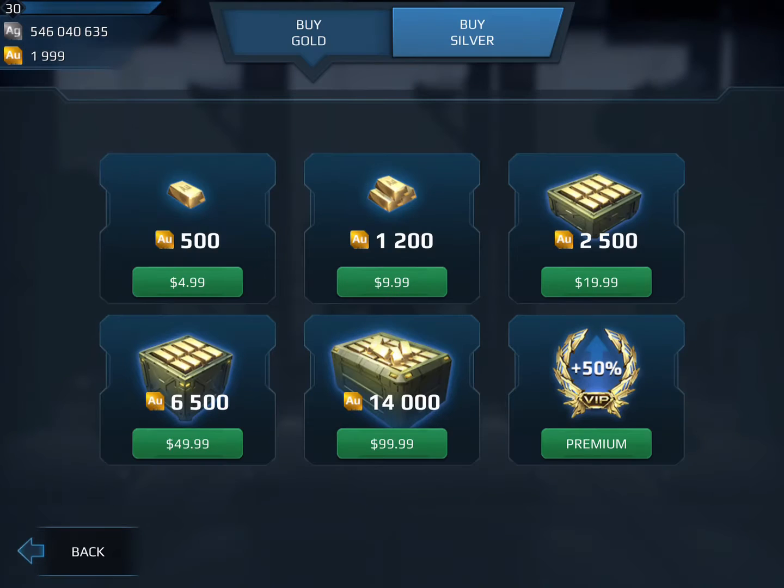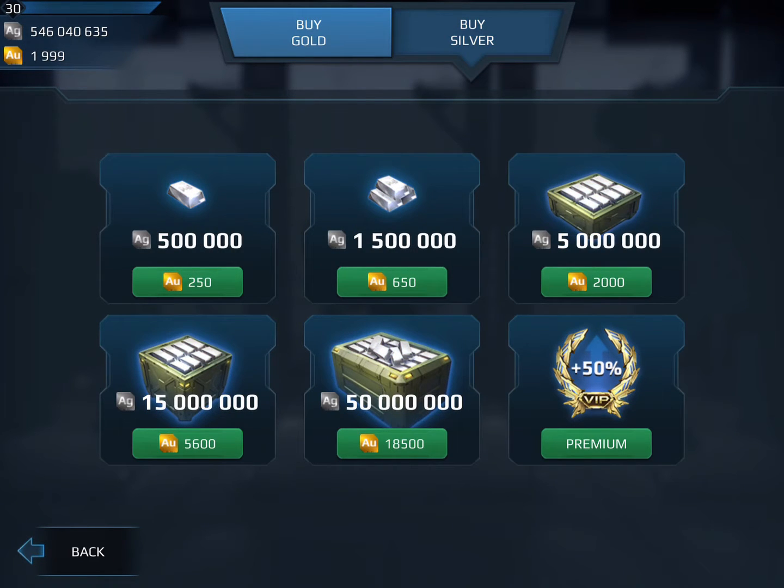Also, if you look here at the top, there's a button to buy silver. You can take the gold you purchased and trade it in for silver if you're short on silver. To be honest, I think none of these deals are worth it. Say the first deal, 250 gold for 500,000 silver. I can earn 500,000 silver in maybe 1 or 2 or 3 matches. Whereas in those 3 matches, I may only be able to earn 10, 20, or 30 gold tops. So it's not really worth 250 gold to just play 2 or 3 matches to earn that silver. So I would never